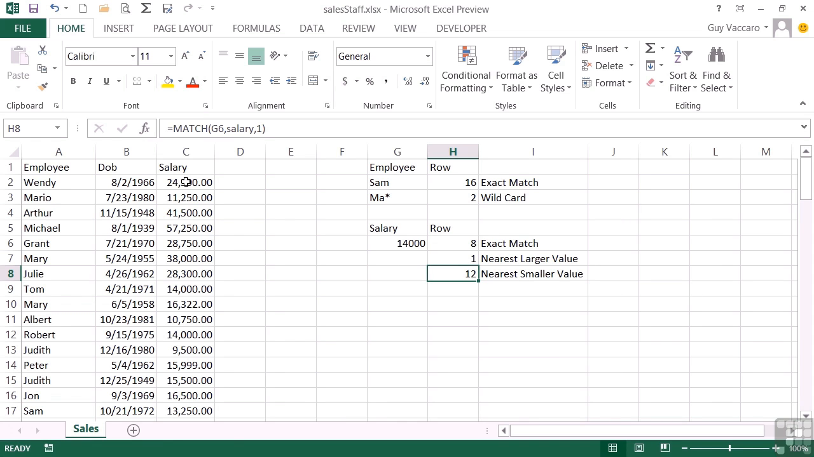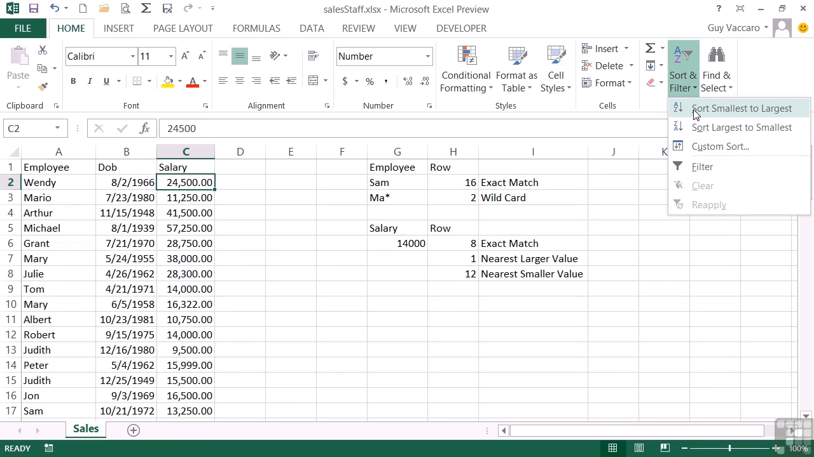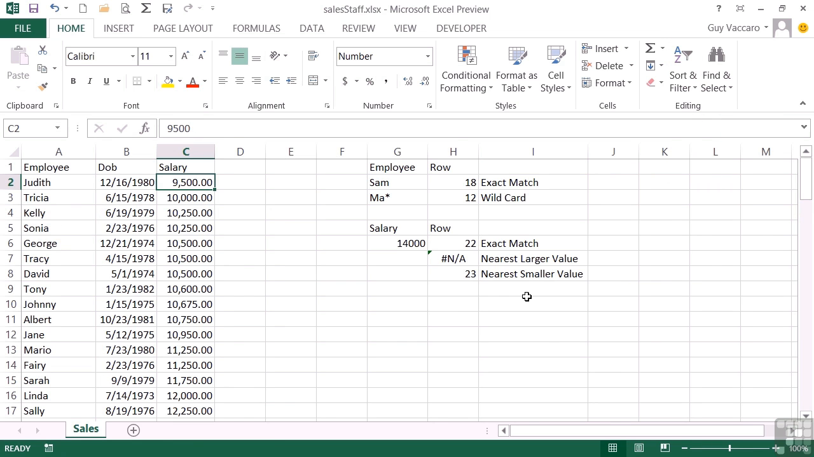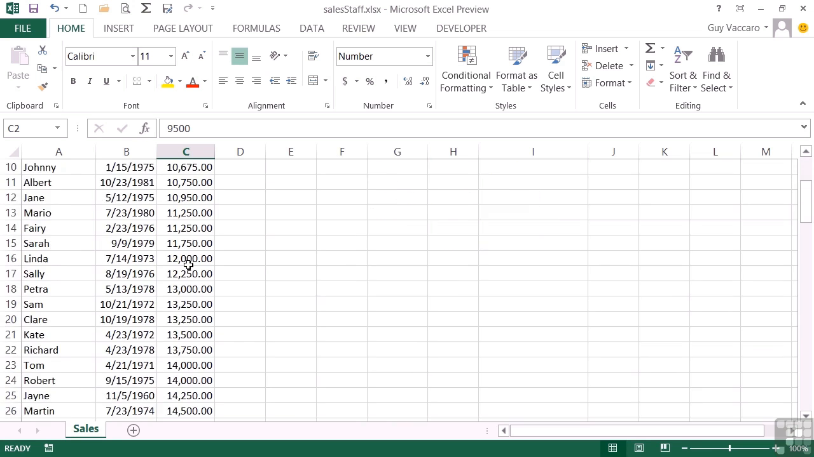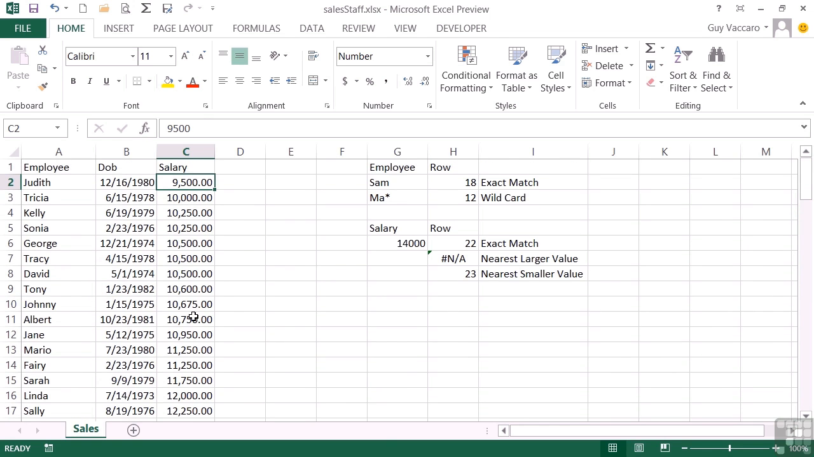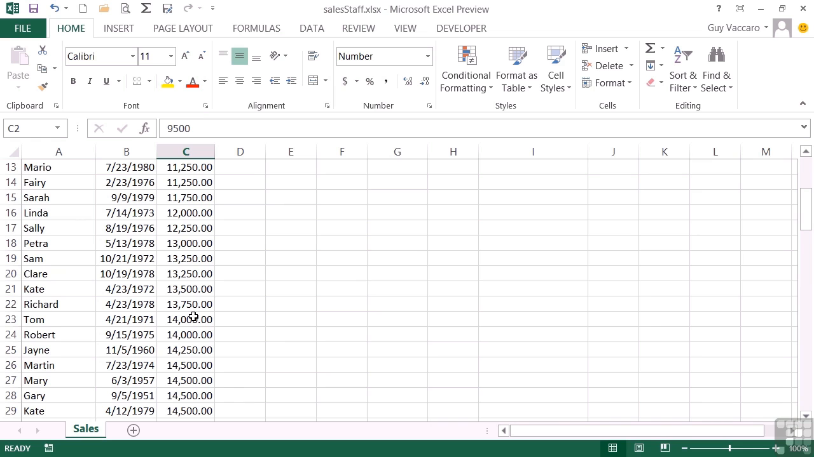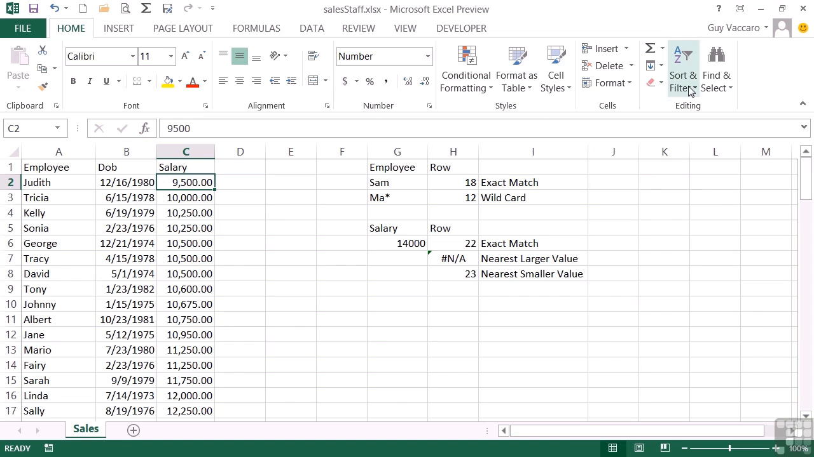So we would need to sort this data by the salary. Let's go to smallest to largest, and then you'll see we get an NA in the nearest larger value, but the nearest smaller value works out. So it comes down the list to find 14,000, and it says the nearest smaller value is in row 23. Row 23 contains 14,000. So the nearest smaller value is actually the same value because it's just gone to the next cell. If we go and sort the other direction, because you'll notice the nearest larger value has gone NA,